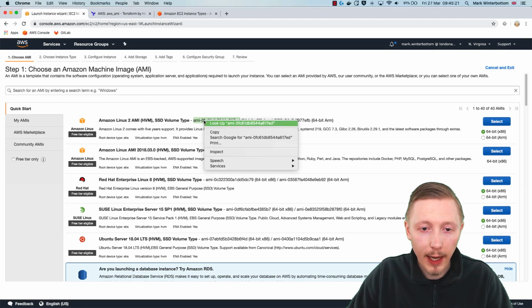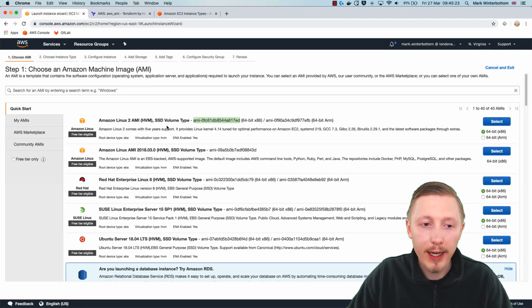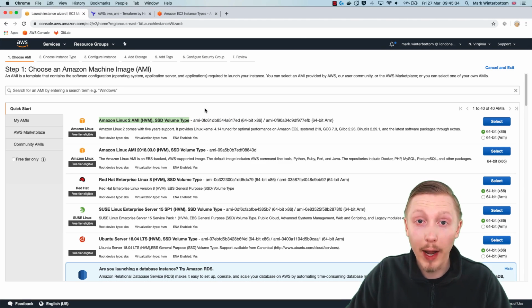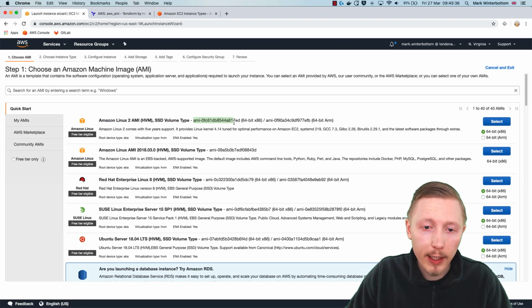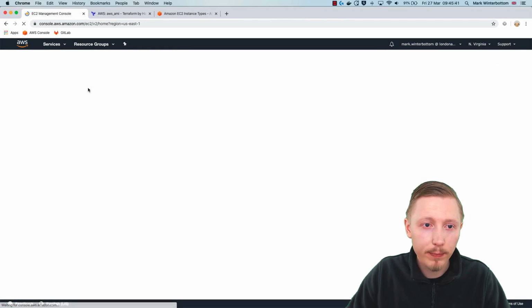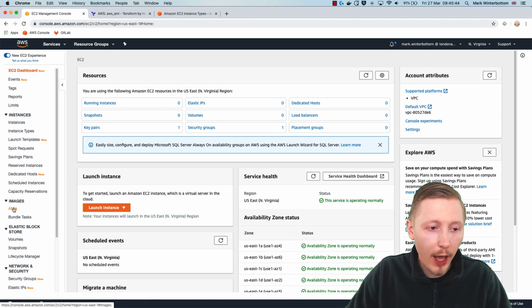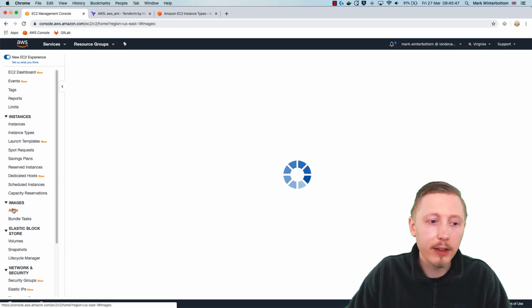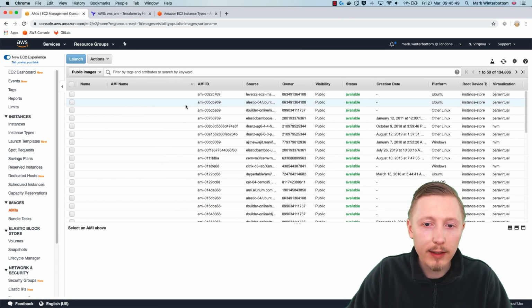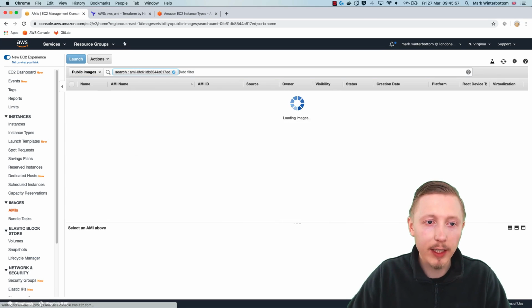The reason we're going to copy this AMI ID is because we're going to go and look up what the name of this image is. It's not very clear on this page, but this isn't actually the name that we need in our Terraform. We need a different type of name that I'm going to show you where to retrieve in a moment. So copy the ID and then head back to the EC2 dashboard. And then click on AMIs next to Images on the left-hand side. This will open this interface that we can use to search for images. So make sure you've selected public images in this drop down here and paste this image ID, the AMI ID,